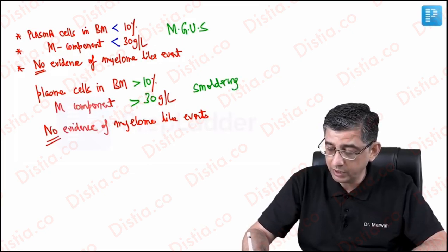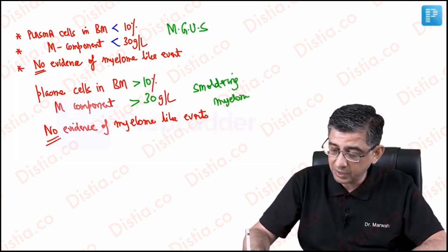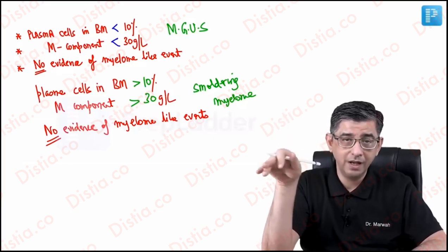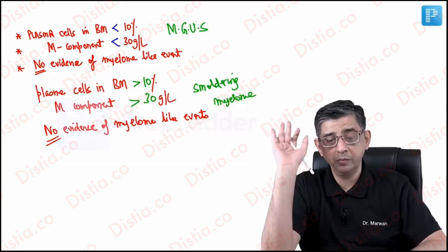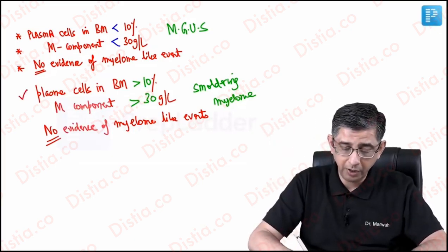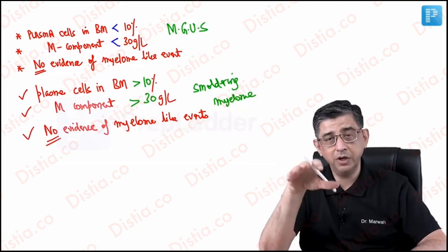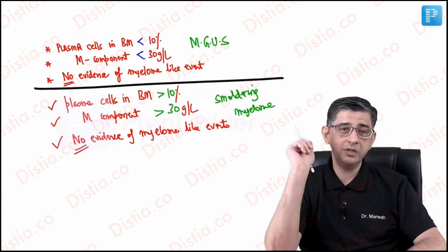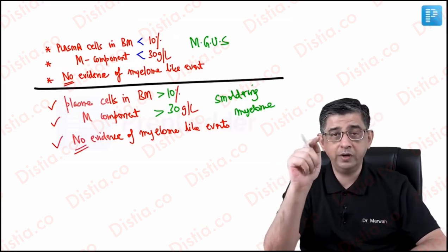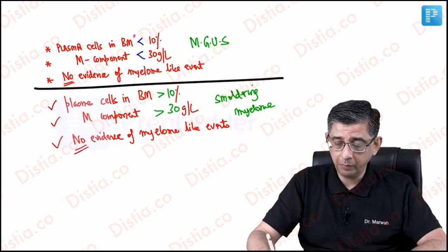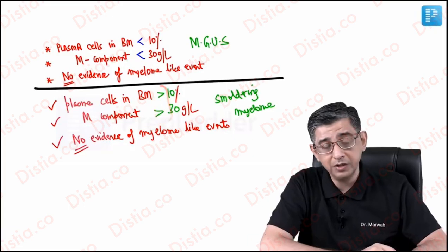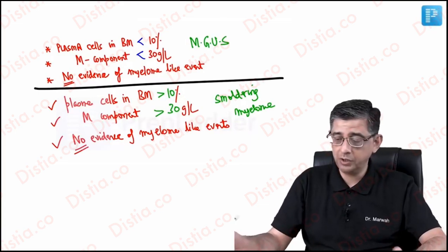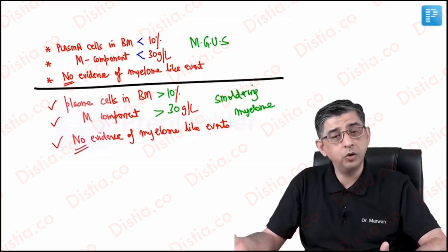So you can see that both of these are precursors of the disease per se. You first have monoclonal gammopathy of unknown significance. Remember, the arrows will both be lower, and the common thing between the two will be no evidence of myeloma-defining events. I hope you can now realize why I am asking you to note it down, because point number 3 is the same in both monoclonal gammopathy of unknown significance and smoldering myeloma. But in the first and second points, the arrows change. You would say, sir, it's such a silly thing to remember these arrows. Yes, they're important for the exam, guys, because if you mess up on something so simple, you would change the diagnosis, or rather upgrade an MGUS patient to smoldering myeloma, or downgrade a smoldering myeloma to MGUS.